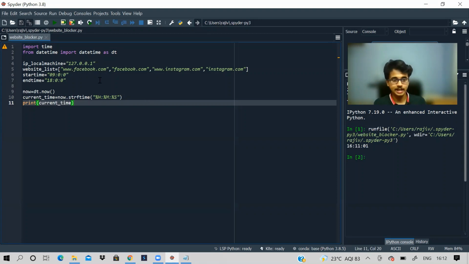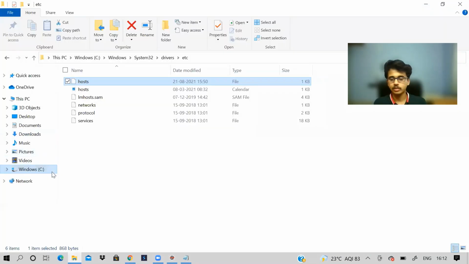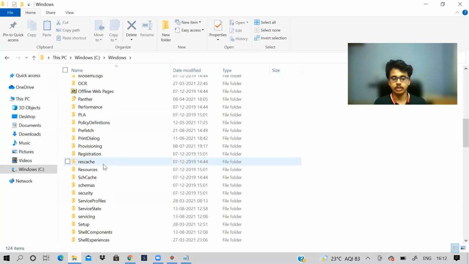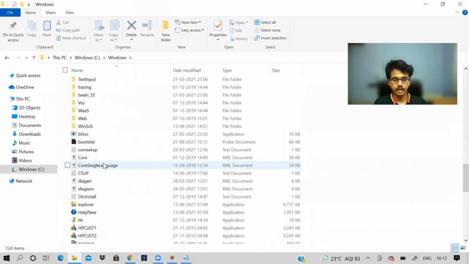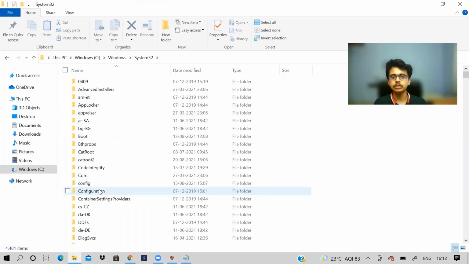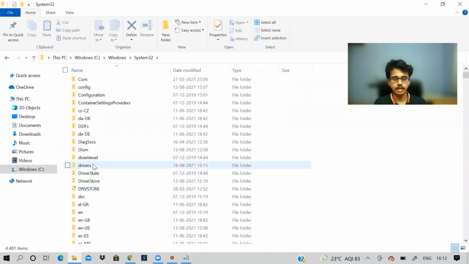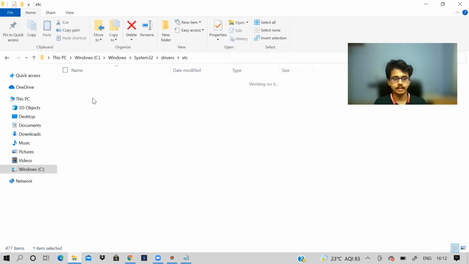It will not go to the server initially. Okay, so I need the path. Where is the file first of all? If you're a Windows user, I can tell you. For Mac and Linux, I will research and put it in the description. Windows users, you go to C drive and then go to Windows. After going to Windows, go down and I think you need to go to System32. Then you need to go to drivers.